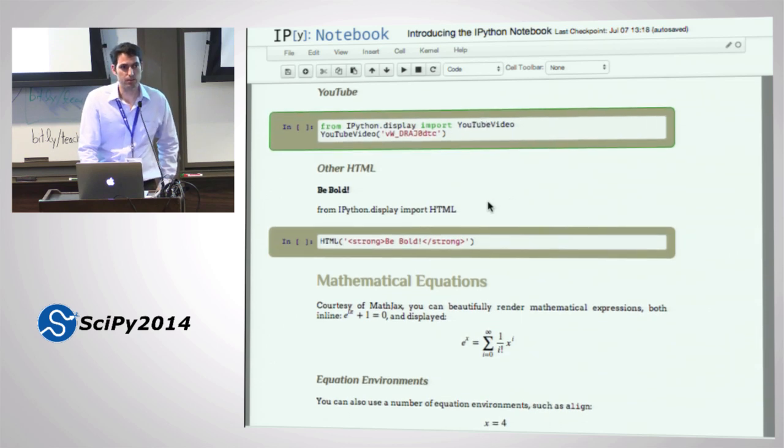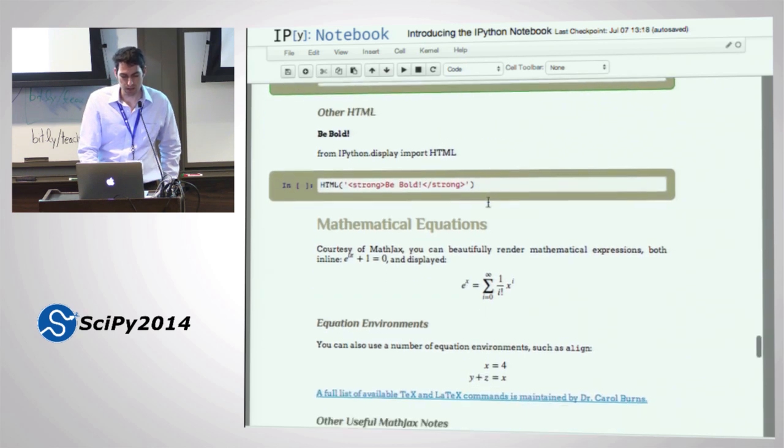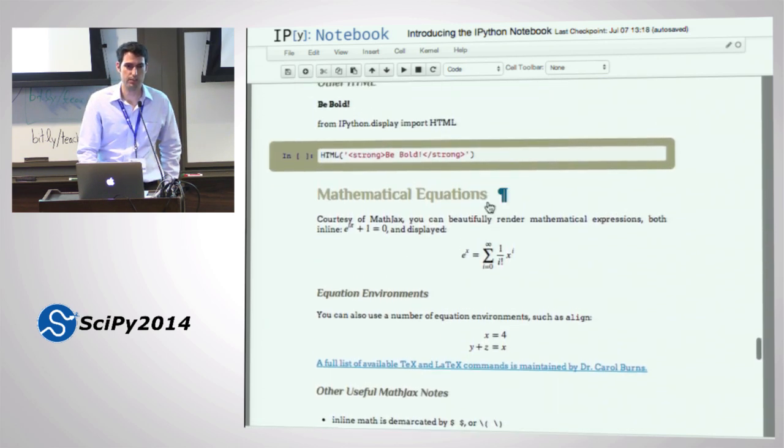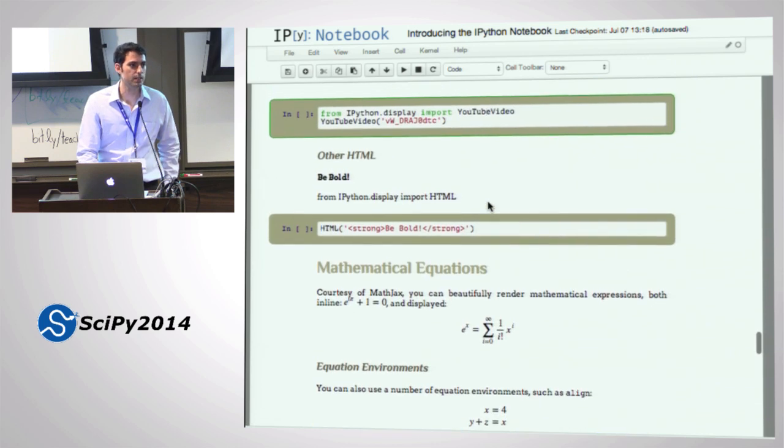Okay. A couple of important things. The security model of IPython has changed in version 2. It used to be that you could put whatever you wanted in Markdown, and Markdown is a superset of HTML. So you could actually put any kind of HTML you wanted in there, and it would execute. You could put CSS in there, people put videos, people put JavaScript. It was awesome. It was a total playground. And then the big bad security people came and said we weren't allowed to do this anymore.